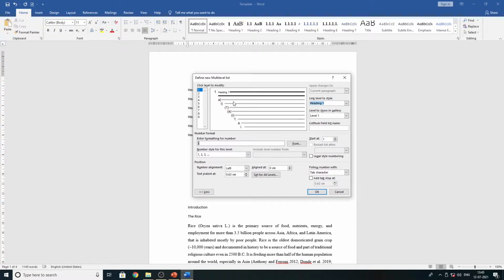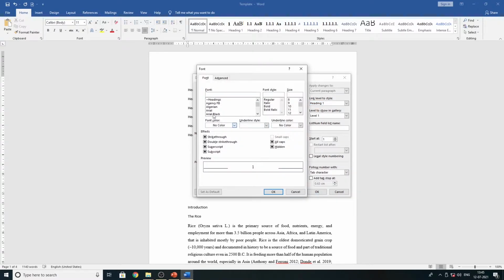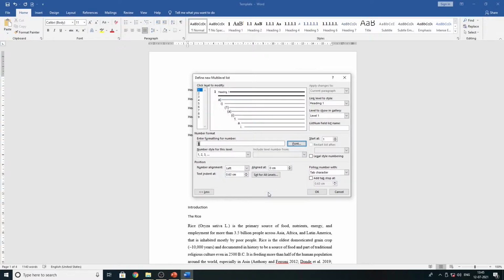Another thing is that I'm going to change this. It's bold. I'm going to change the font and all these things. I'm going to click on this font style and type Times New Roman. Select that one. I'm going to keep this bold. This is the first style, that's why I'm keeping a higher font, 14. And the font color I'm keeping automatic. Okay, so this is done. Click OK. Here you also have to set it, already done. So I'm going to create another heading style.